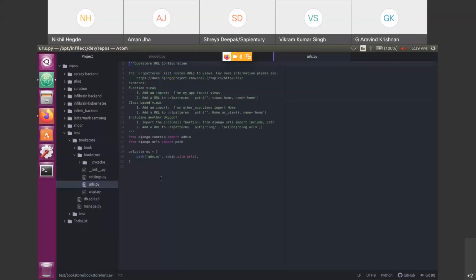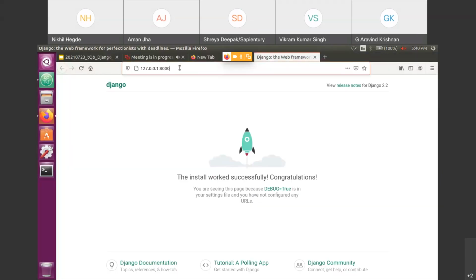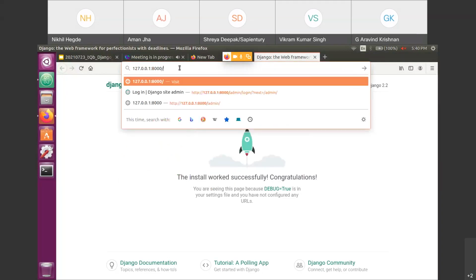If you go to your URLs file, you can see that there is already one entry created by Django itself. I didn't create it. The path is admin, pointing to admin.site.urls. That means Django has already created this mapping to access the admin interface.